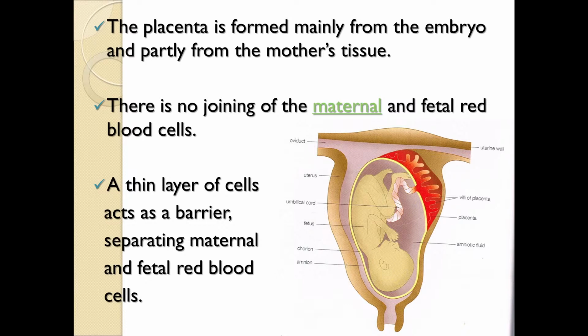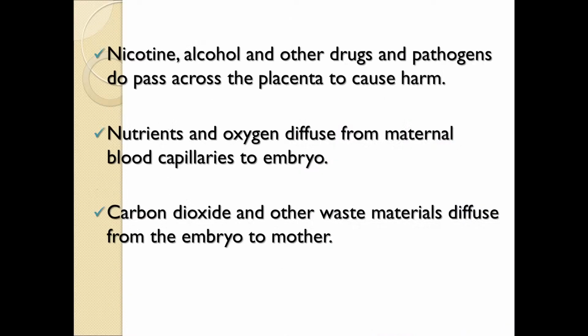So they are saying that we don't have these two different types of red blood cell mixing, and that is simply because, let's say for example, in the mother's red blood cell there are some chemicals that can harm the fetus. Then the fact that those two red blood cells don't mix would simply mean that they will not be passed on to the fetus.